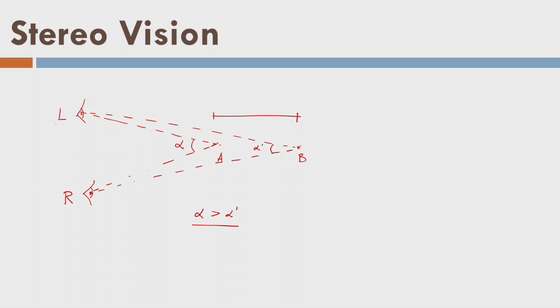So if I close my left eye and try to see point A, which is behind my one finger, and then I close the left eye and open my right eye, you will find that there is an apparent shift of point A. So that's the idea here, and this is essential to create depth perception.